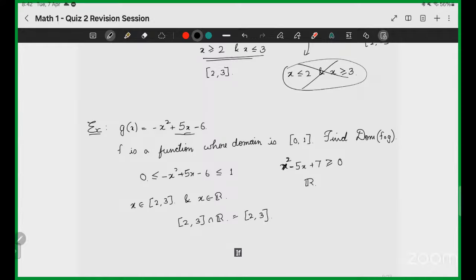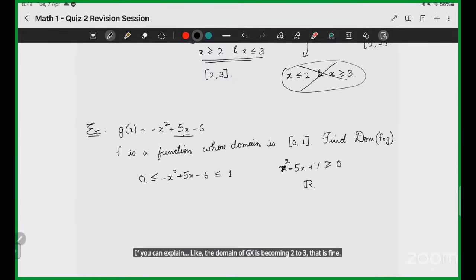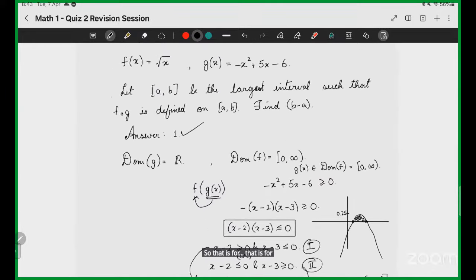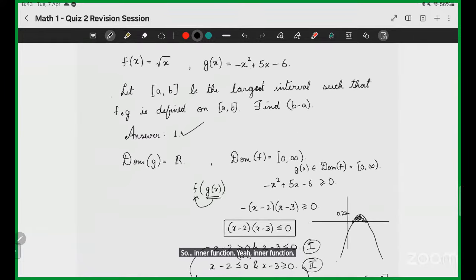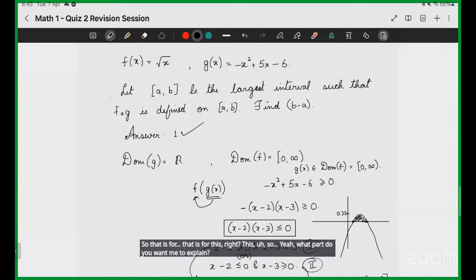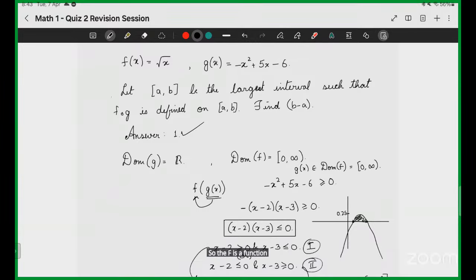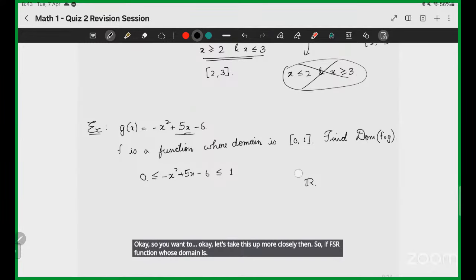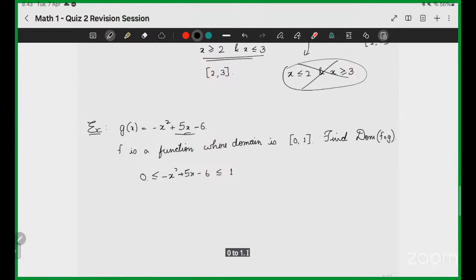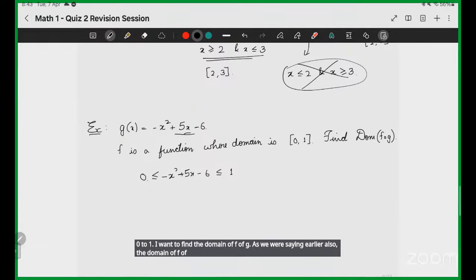If you can explain, like the domain of g(x) is becoming 2 to 3, that is fine, that is for this inner function, right? What part do you want me to explain? So f is a function whose domain is 0 to 1. Okay, let's take this up more closely then. If f is a function whose domain is 0 to 1, I want to find the domain of f of g. As we were saying earlier, the domain of f of g is the set of points such that